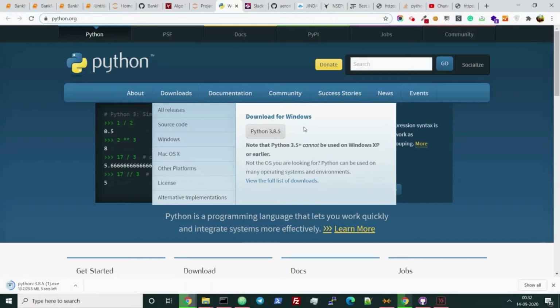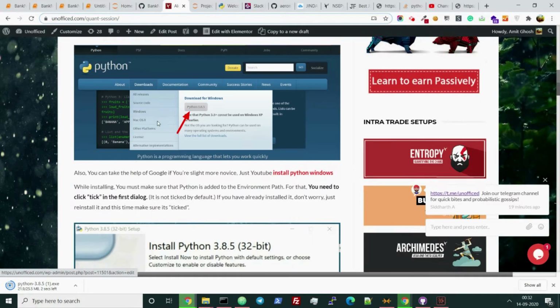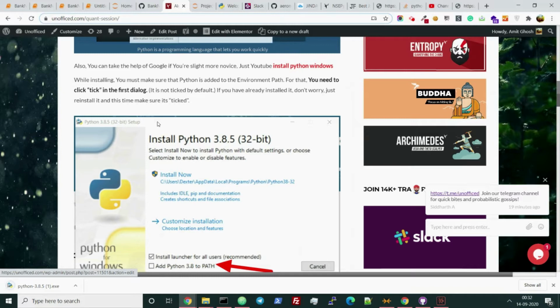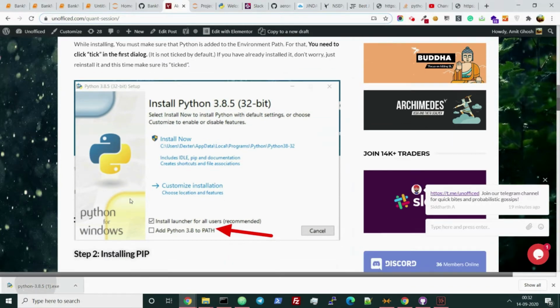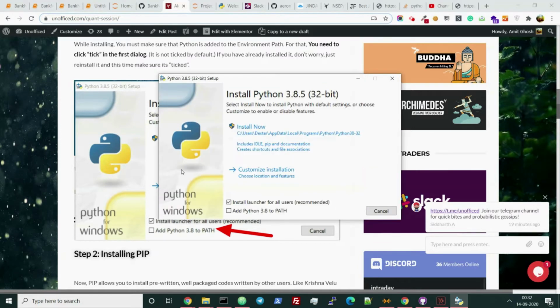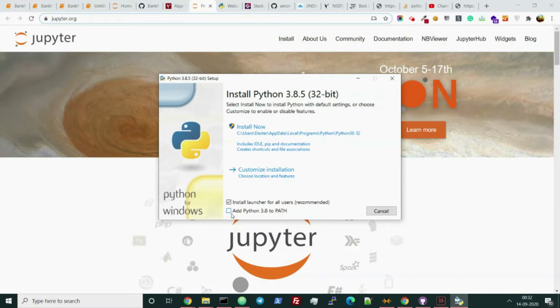But what I am showing you here is that you may have missed one important point, which is adding Python to the path. Like you can see in this image, in the first place when you are going to install, you have to click this tick mark. Generally it is not ticked by default. No worries, if you have already installed Python before this video, you can just reinstall it. It will not have any effect. As you can see in this place, you need to click on the tick mark and click on add Python 3.8 to the path. This version number will change whenever you're watching this tutorial at a later time, but that doesn't matter too much.